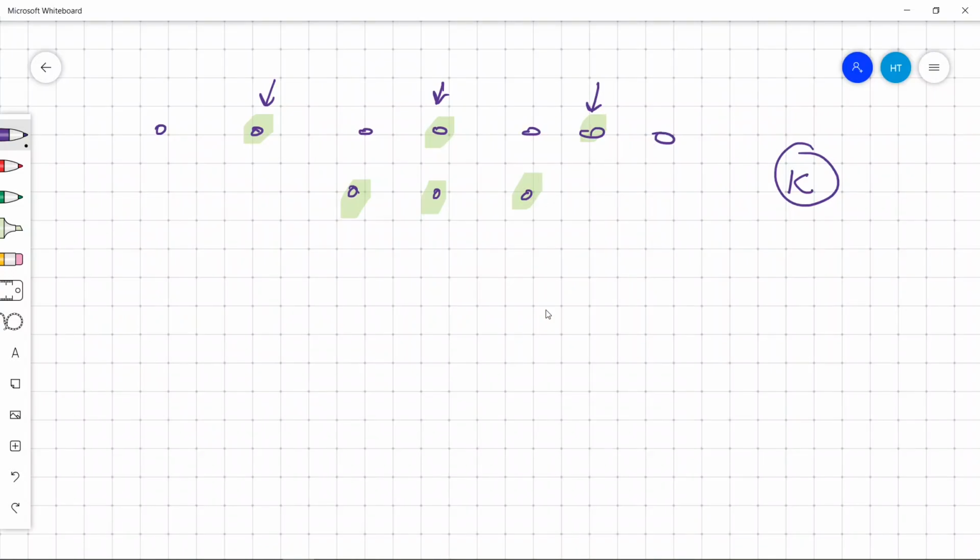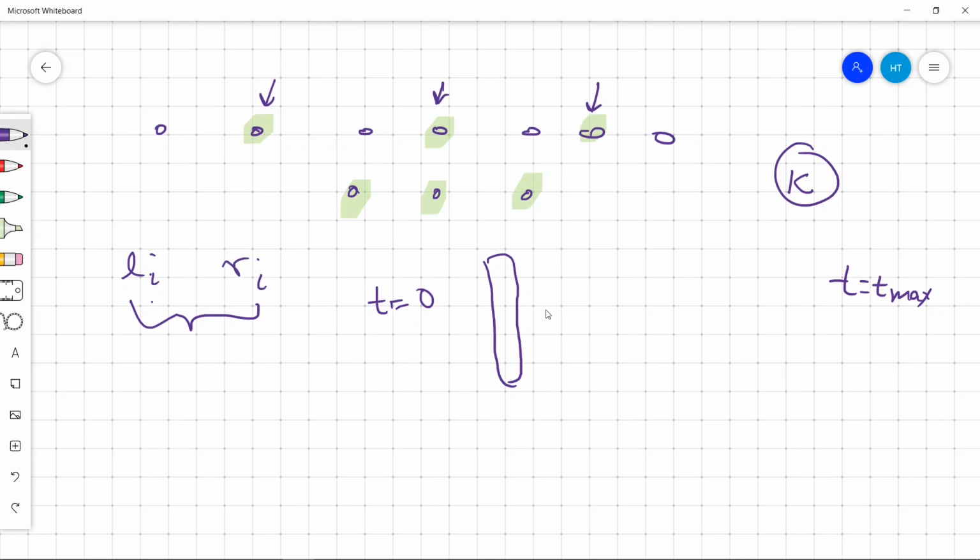So each lamp has a start time and an end time. Between these times, the ith lamp is turned on. So what we can do is start from time t equals 0 and move to the maximum time, and we have to check at each point how many lamps are turned on.